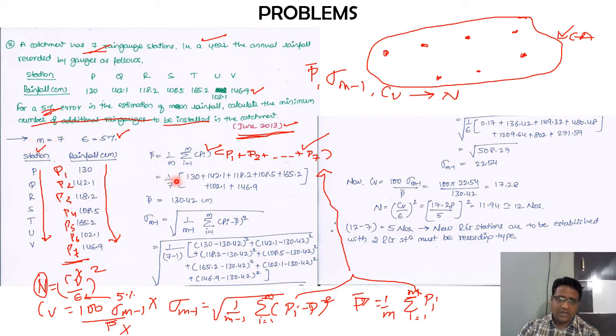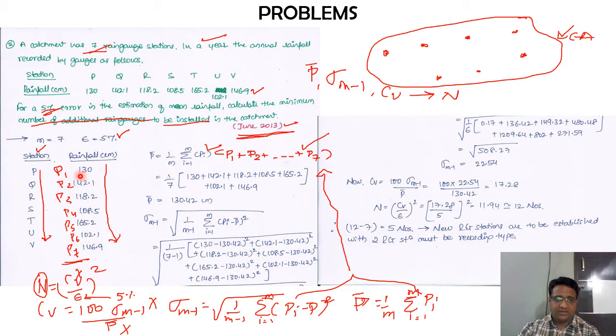Okay. Into bracket, so pi, as I said, summation of i varying from 1 to m of pi. If you expand this summation, basically we'll be getting what? P1 plus P2 plus P3 plus P4 plus P5 plus P6 plus P7, till P7 you are going to come here. The reason for that is you can check out here in this we have 7 rain gauge stations, and similarly we'll be having the values from P1 to P7.